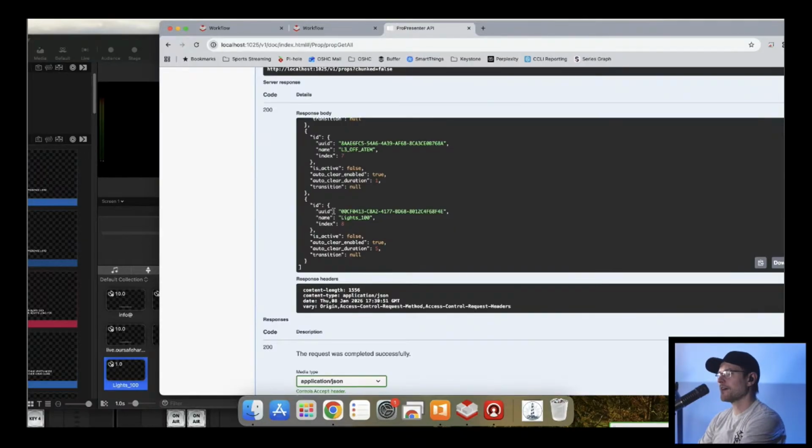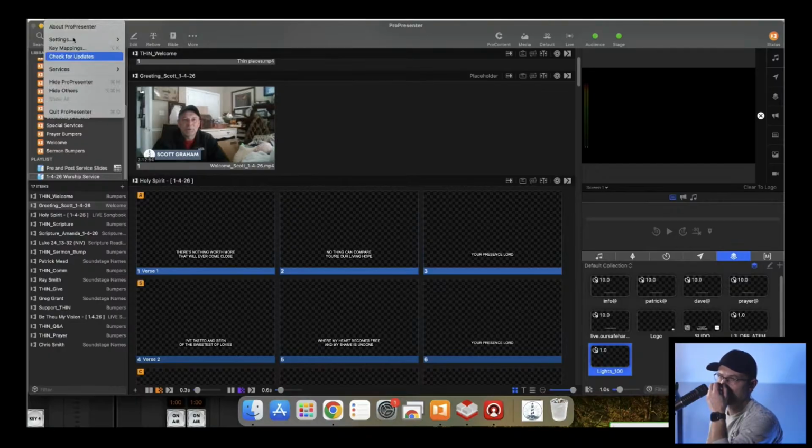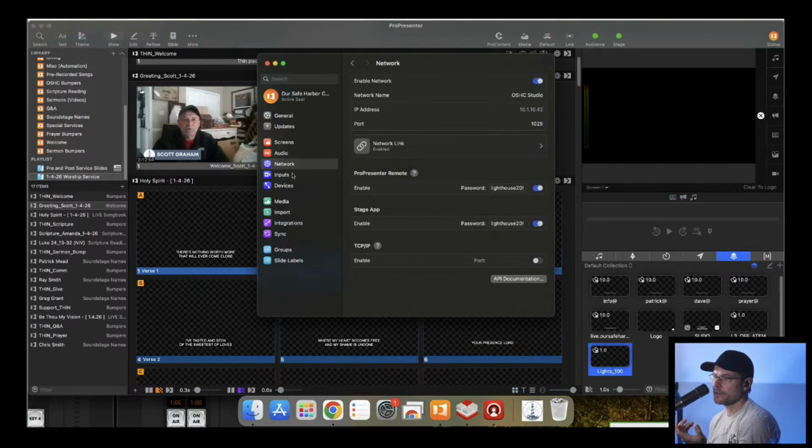So that's an interesting problem, but also a bit of a concern, that when you make a change, it doesn't update the API right away.